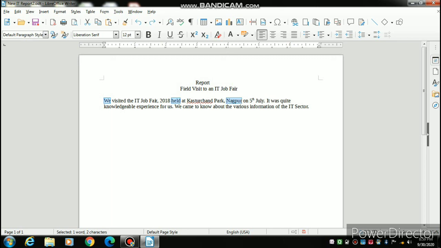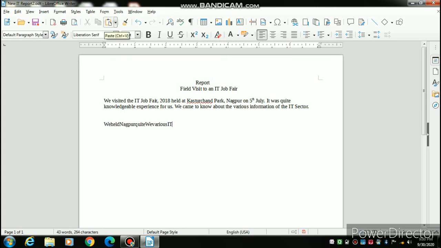You can see in this way, whichever word I want, I simply keep pressing the control key and using the mouse, first the double click, so I can select whatever word is required and I will use copy and paste.